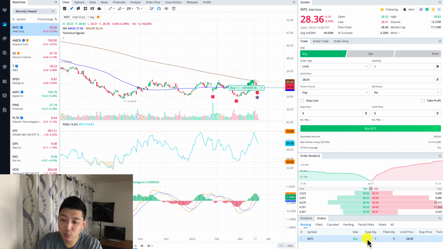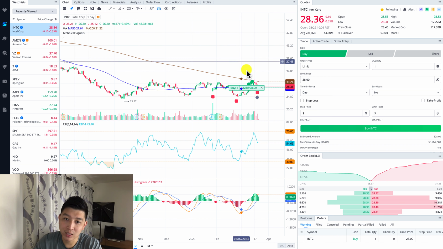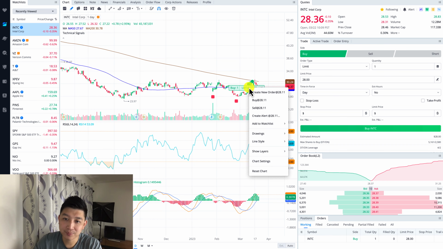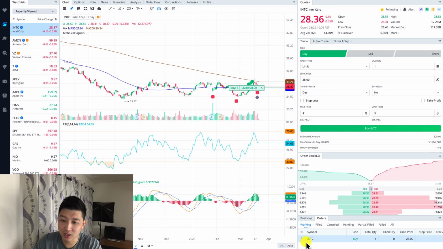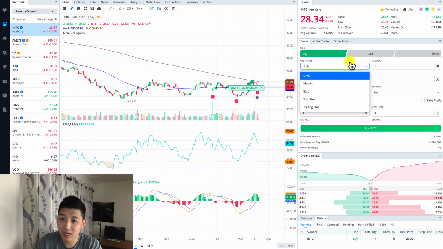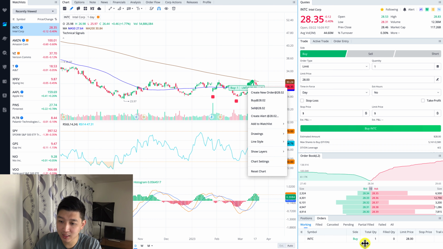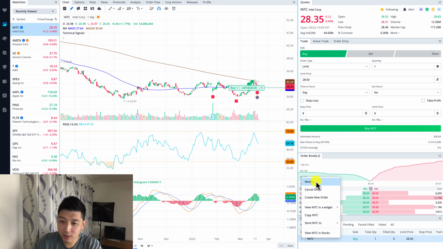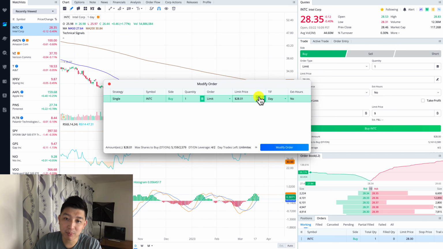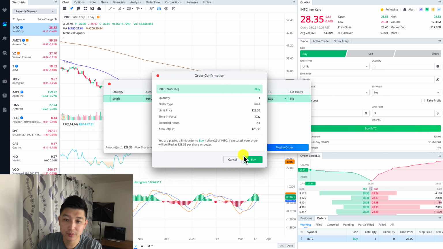That's how much you're willing to pay for Intel. Since it's a working order, it's just going to stay working. Now I'm going to cancel this because it's not going to get filled. But if I really want to get this filled, I will move the price up. You can do it by clicking Modify Order, and then bump the price up to, let's say, 35. I'm going to put 35, and you'll notice that it might get filled at 35. Modify order, buy,